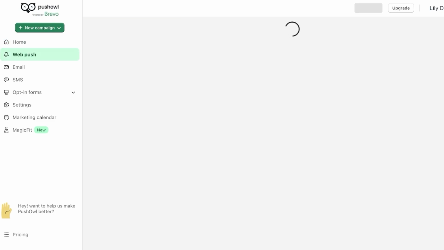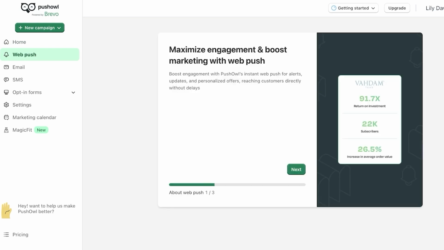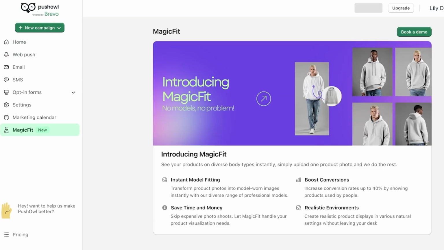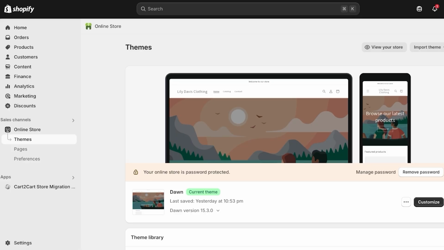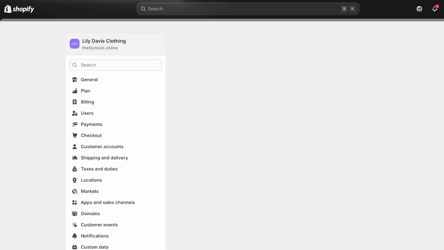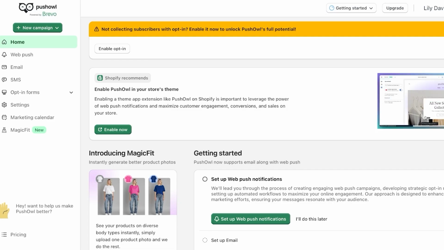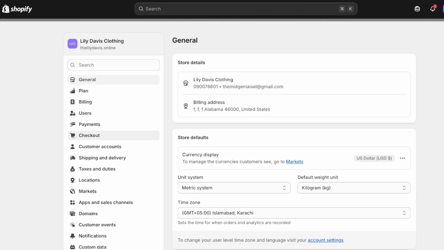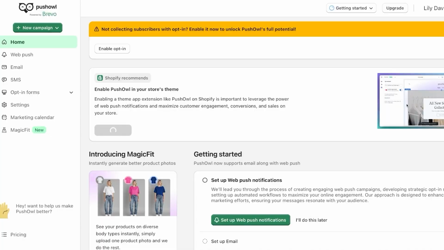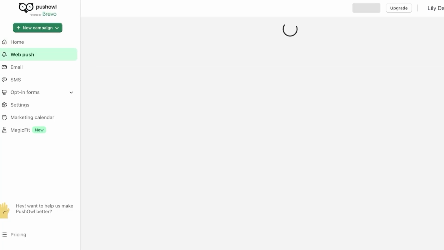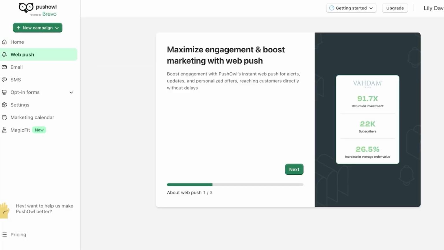web push, email, SMS, opt-in form settings, and marketing calendars, as well as Magic Fit, which is the instant model fitting. Not only are you able to use Brevo as just this individual tool, but you're able to use these other features that are powered by Brevo, which is a specific Shopify tool, which is just going to help you in optimizing your store, as well as just being able to send out emails and doing web push or pop-ups